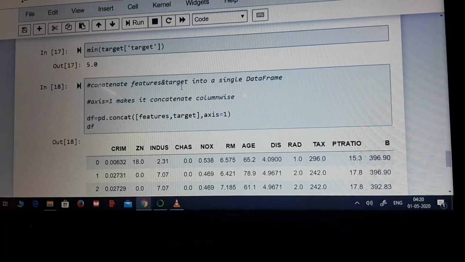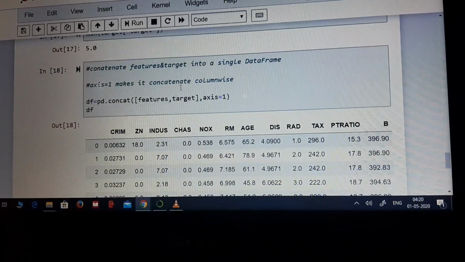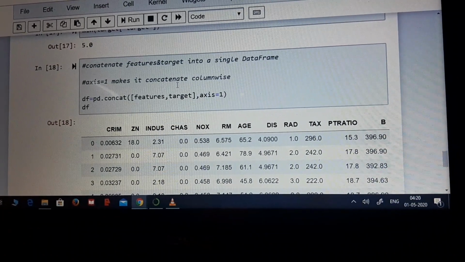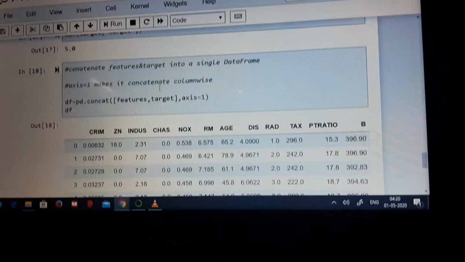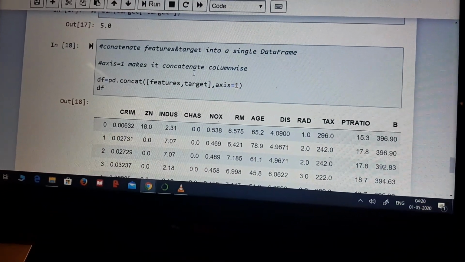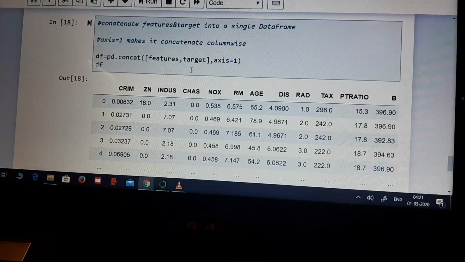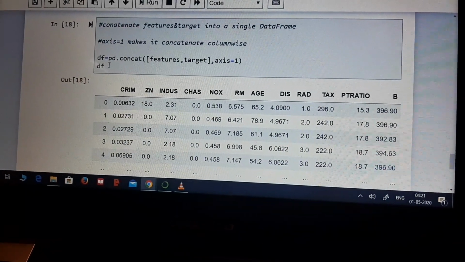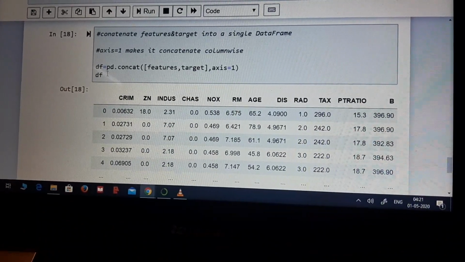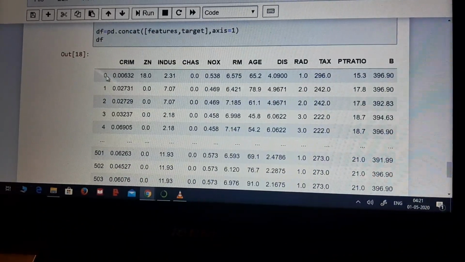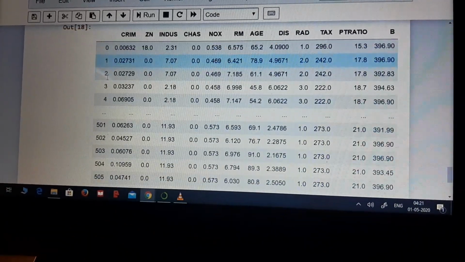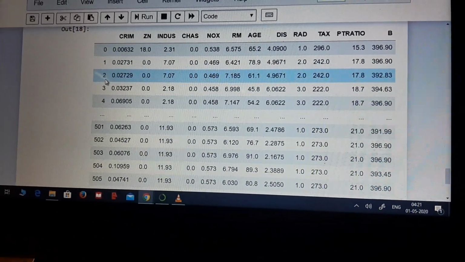Now the concatenation program. So we construct the full data set object in one line. Here we will further use this particular command and df. To print the concatenated data frame, type df and execute. So I use the run command, and I am seeing all the attributes using one command.